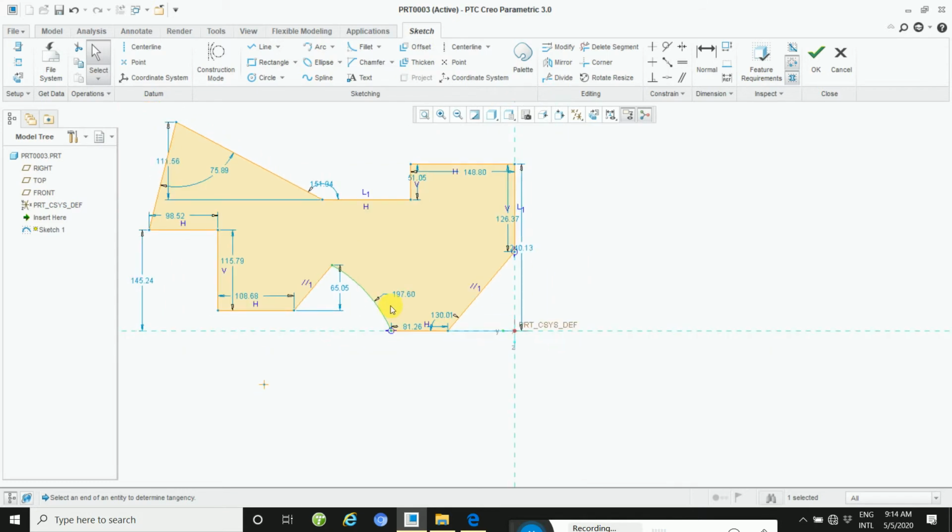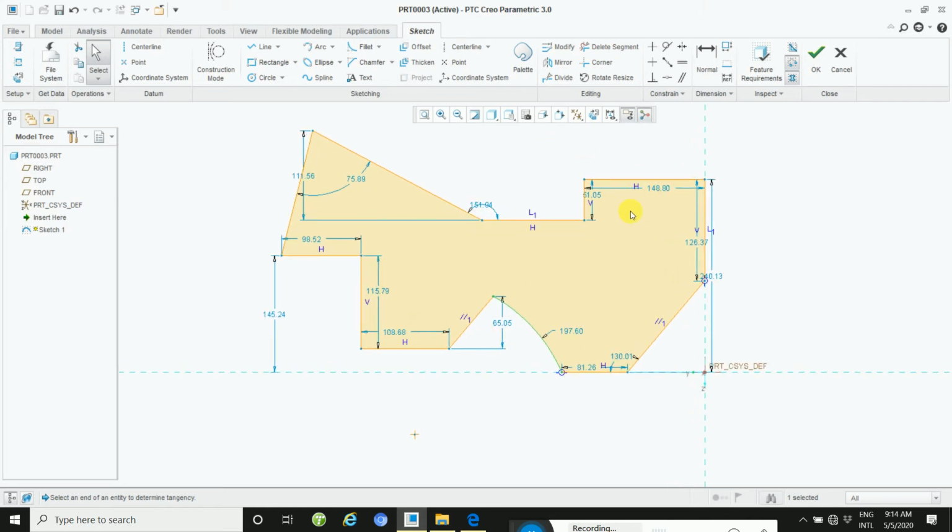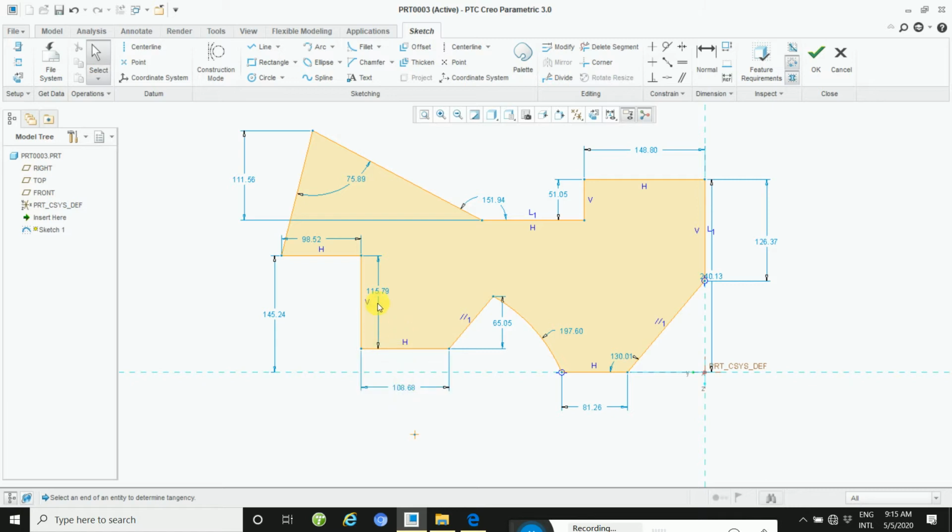And then see this, all these drawings are visible. You need to edit all the dimensions, because Creo is parametric software, all the dimensions are self-defined. You only need to define and edit. This way first you will arrange these dimensions. Take all the dimensions outside the drawing, not inside. Try to place them on all sides.